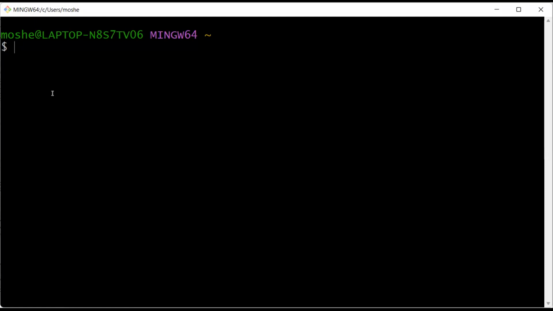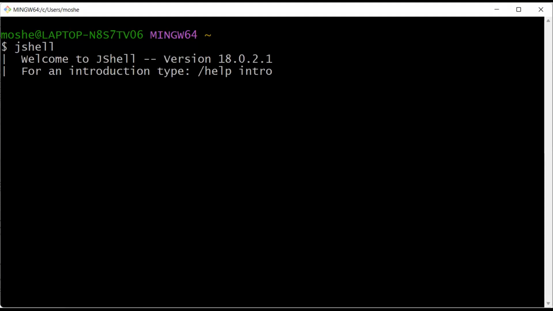What many people like to use in Windows is something called Git Bash, which gives you a lot of that functionality. But you don't really need to use it. Anyways, you just need to be able to use JShell, and you just run the JShell command, and now you can say something like,